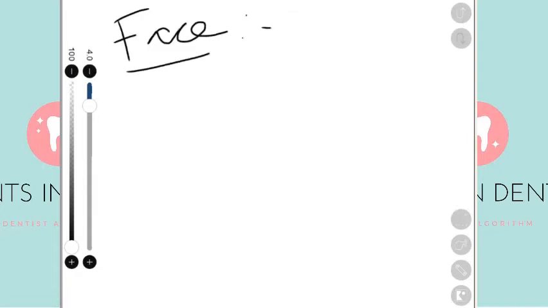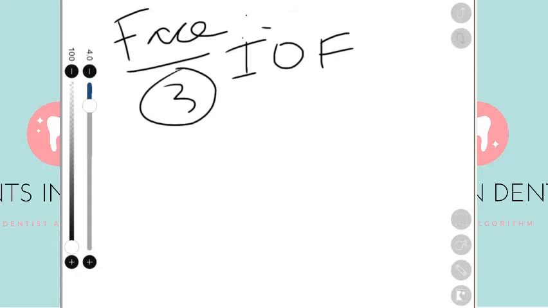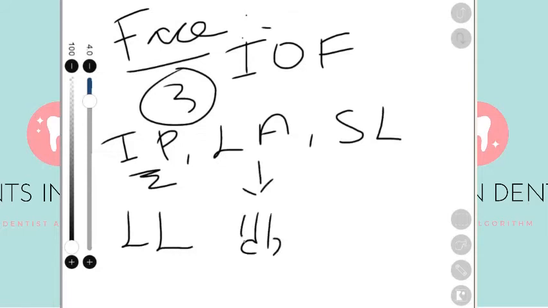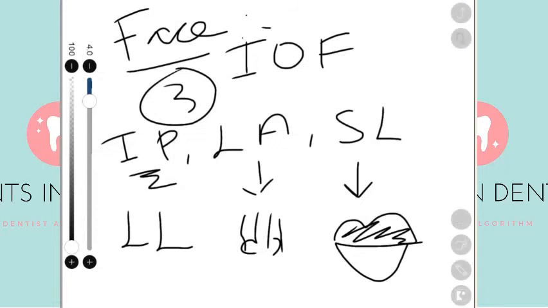So we have come to the last part, which is the terminal branches in the face. It leaves the orbit and enters the face through the infraorbital foramen, and it gives three terminal branches. They are inferior palpebral, lateral nasal, and the superior labial. The inferior palpebral supplies your lower eyelid, lateral nasal supplies the side of your nose, and the superior labial supplies your upper lip. So this is about the branches.